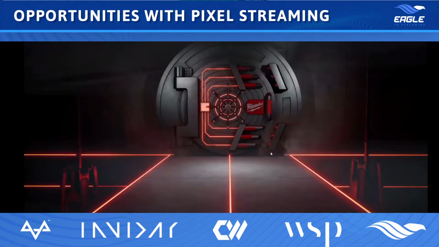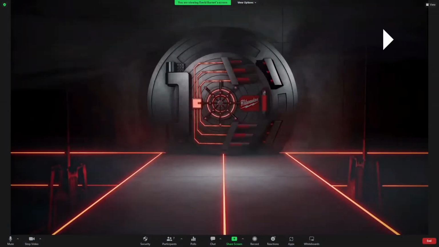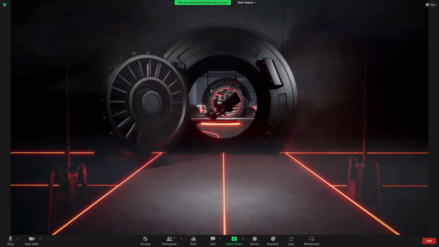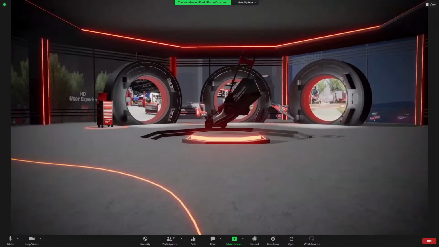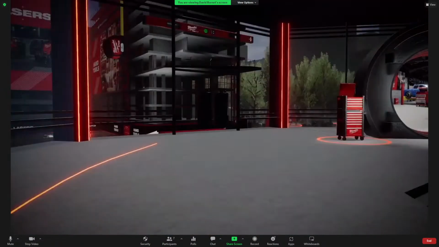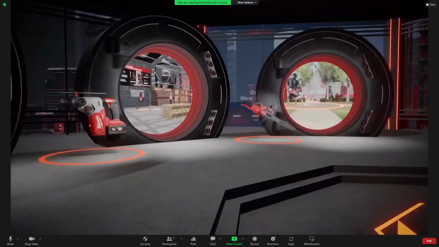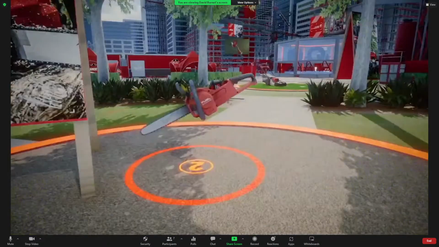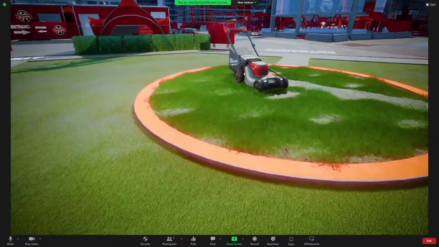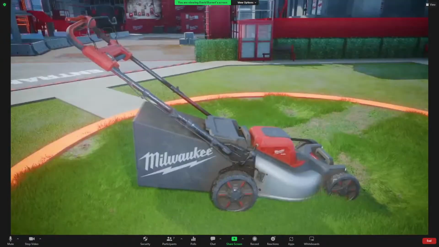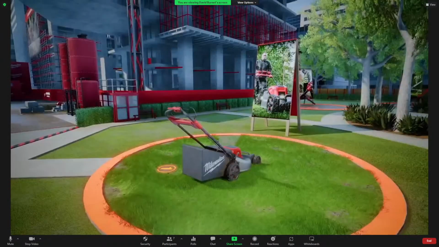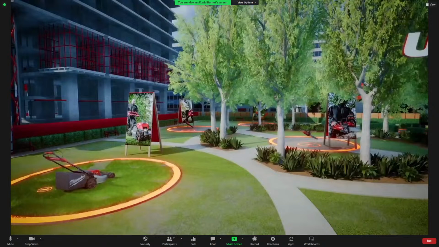Definitely. I'll show one of the examples first on the screen. One of the examples that we've worked on predominantly through the life of Invidai is a project for Milwaukee. Whenever we work on these kinds of large projects, especially ones where we need to look at return on investment and the effect it's having on the user base, we need to consider the data that we're capturing.